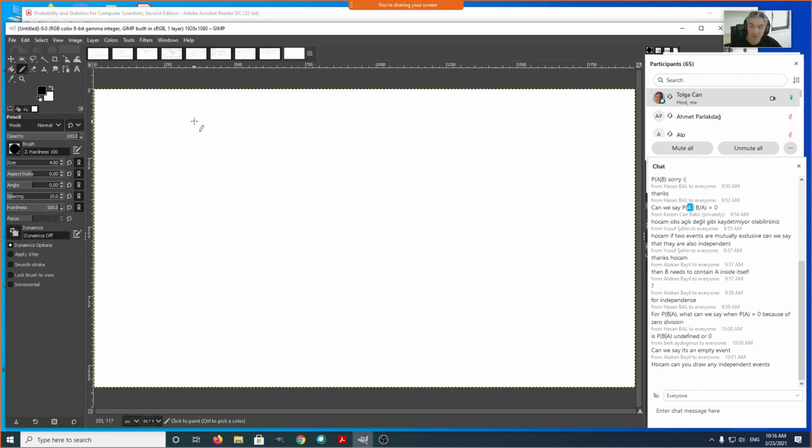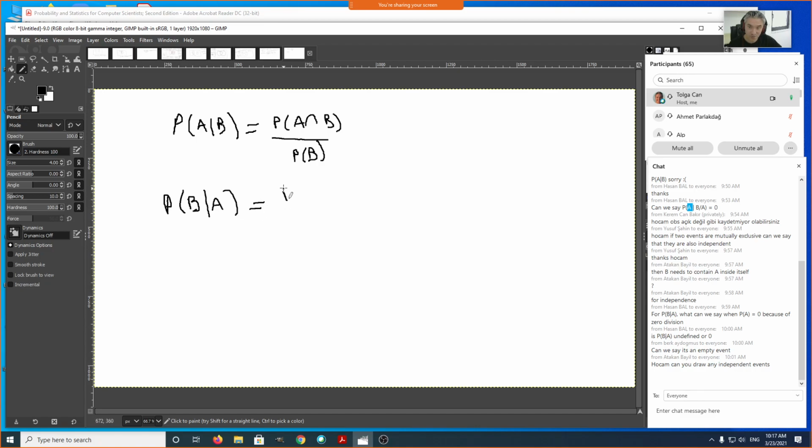By the way, because of this symmetry, we know that P(A given B) is equal to P(A intersection B) divided by P(B). So this is one formula for conditional probability. And the formula for P(B given A) will be equal to P(A intersection B), or B intersection A, it doesn't matter, so the numerator is the same in both of these terms, divided by P(A). Now, if you look at these two equations, there is one common thing in both of them, P(A intersection B). So it means that